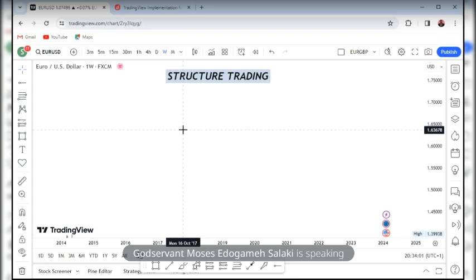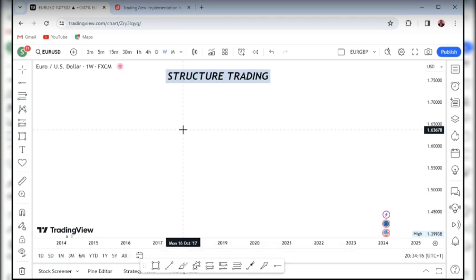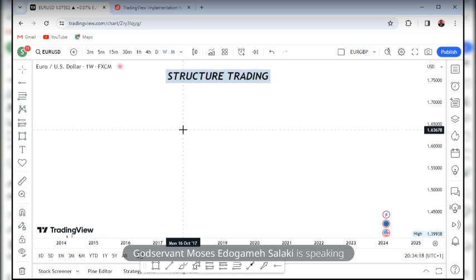So like you have on my screen, we're going to be talking about structured trading. It's going to be a 2 hour session. I want to make sure within these 2 hours, I show you how you should approach the chart. That's basically what I want to speak about tonight, how you should approach the chart. So we'll be speaking about structure trading.